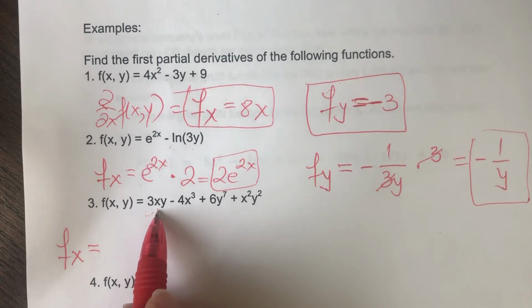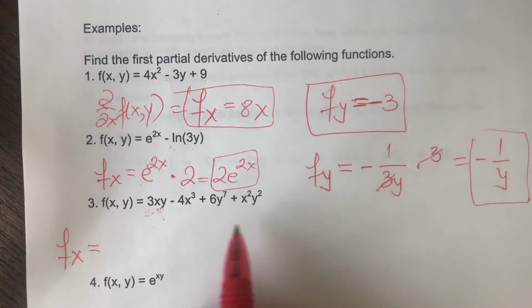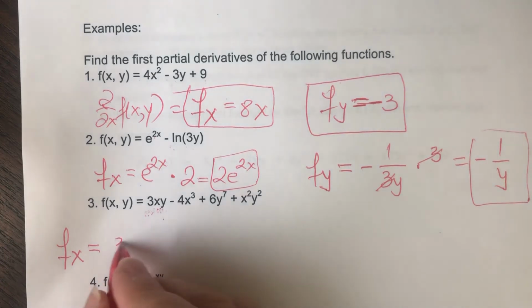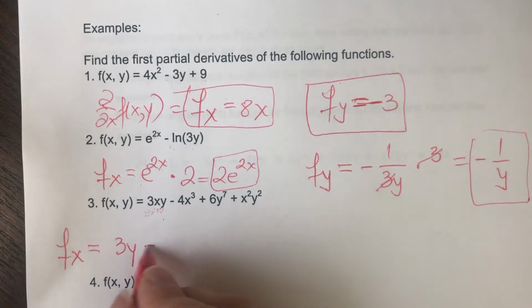So if y is 10, you'll have a 30x, and then the derivative of 30x will just be 30. If y is 100, you really have a 300 here, 300x. So the derivative of 300x is just 300. Now, basically what I'm saying is that what x is multiplied to is the coefficient 3y. So the derivative of 3xy with respect to x is just whatever x is multiplied to, which is 3y, minus